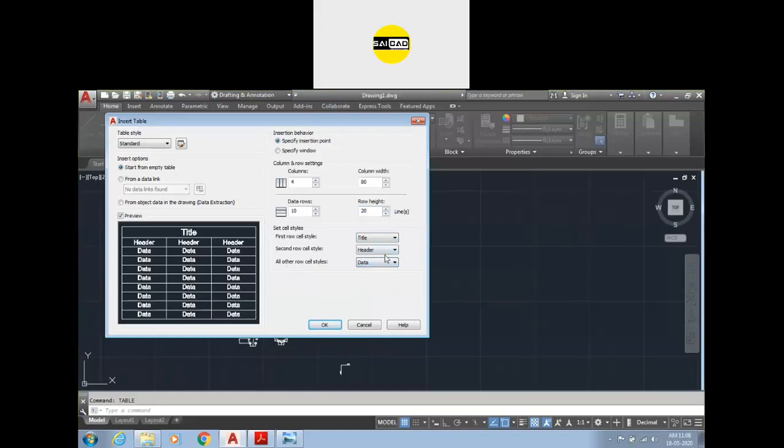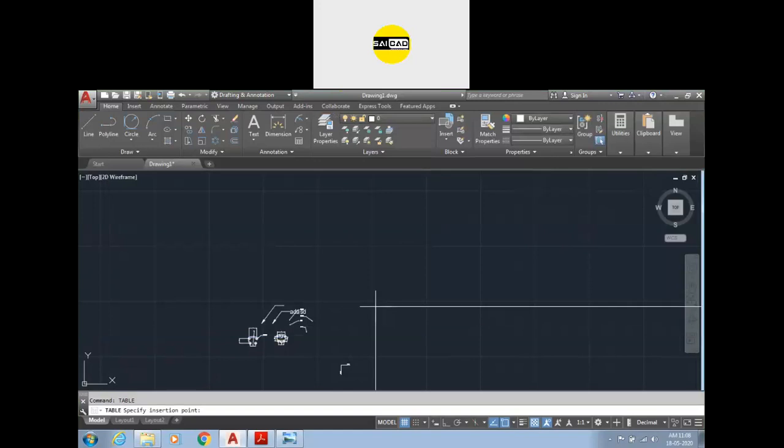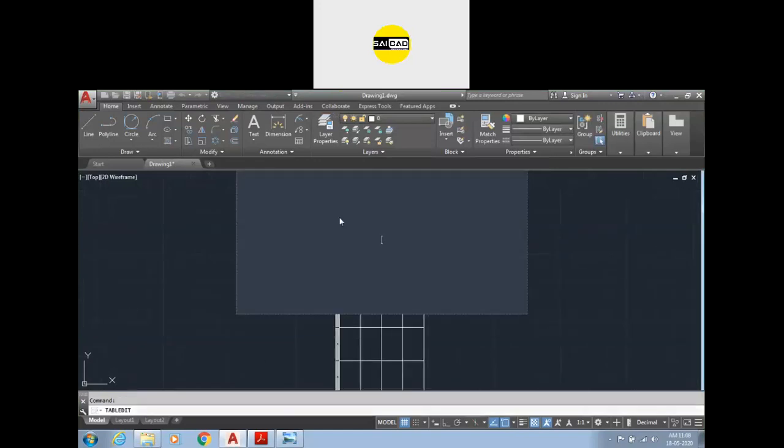So this sequence is the basic sequence. Like if you create an Excel, first you create the headings, and before that you create the name of the file you want, like this is the data of the school or college, you write something up here, and after that you specify serial number, name, college name, like that, and after that you specify the values. So it's like that. Just click OK and you can specify it right here.